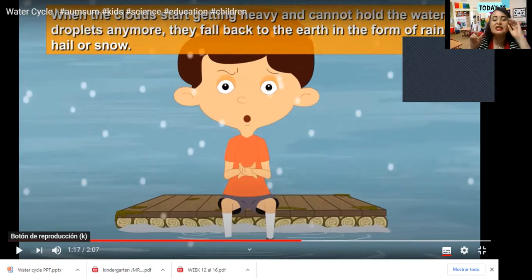Do you see? Ahora sabemos por qué llueve. Because when the clouds are very, very heavy or very fat with all those water droplets, they are completely full of water, then what is going to happen? They are going to break down, they are going to come back to the earth, to the soil, into rain,